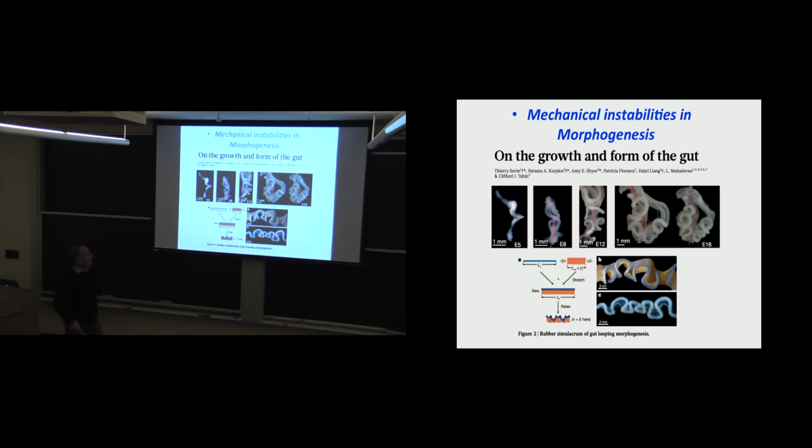So in this case, you're looking at the chicken gut, which is an intricately coiled tube, and Mahadevan and friends illustrate that you can understand the shape of the gut simply by realizing that it's an elastic tube glued to a strip of elastic tissue with different properties, and that in itself is enough to, okay, there is mechanical instability leading to formation of these countercoils,